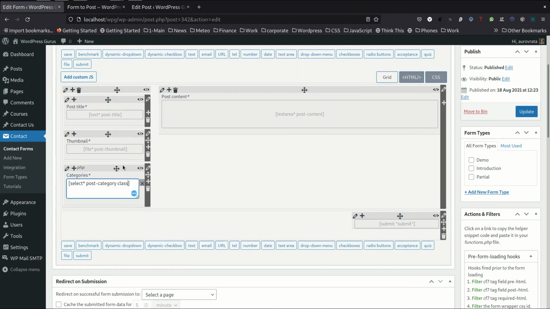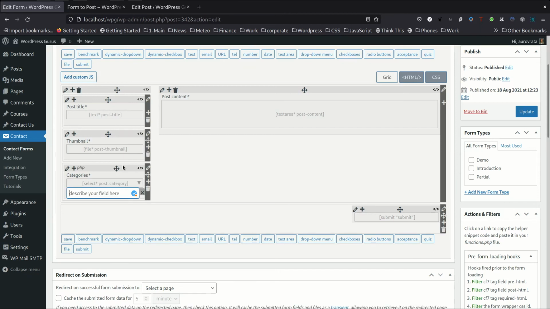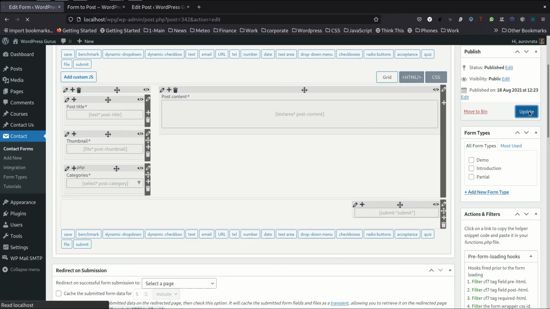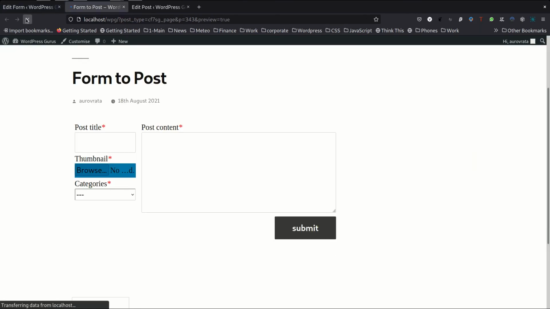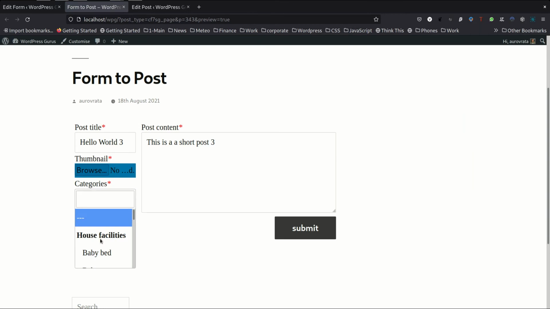So if I add class js-select2 like that, and now update, and now if I reload this form, you'll notice here there's a slight change in the Select2, and there is a nice little search facility here, which could be, say for example, we wanted a toaster. Let's see if there's a toaster. So in the kitchen facilities we have a toaster, and this handy little search box here, which is provided by the Select2 drop down field,